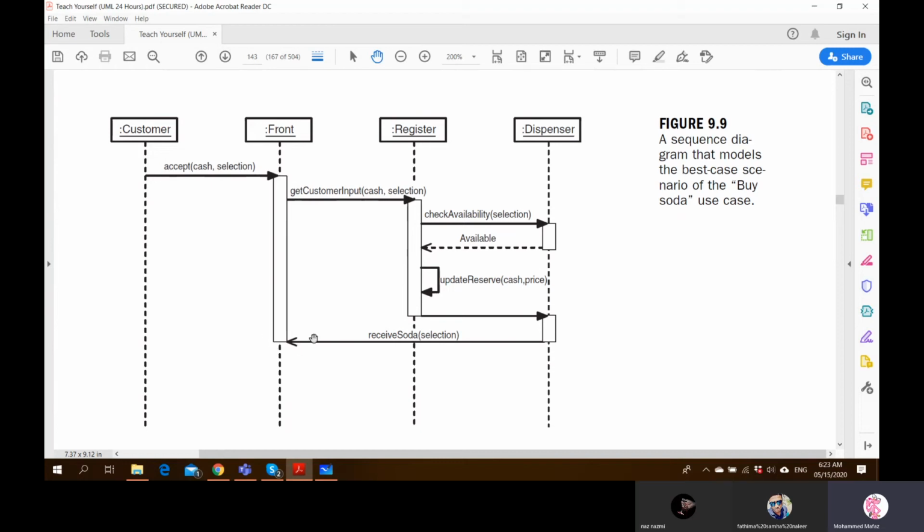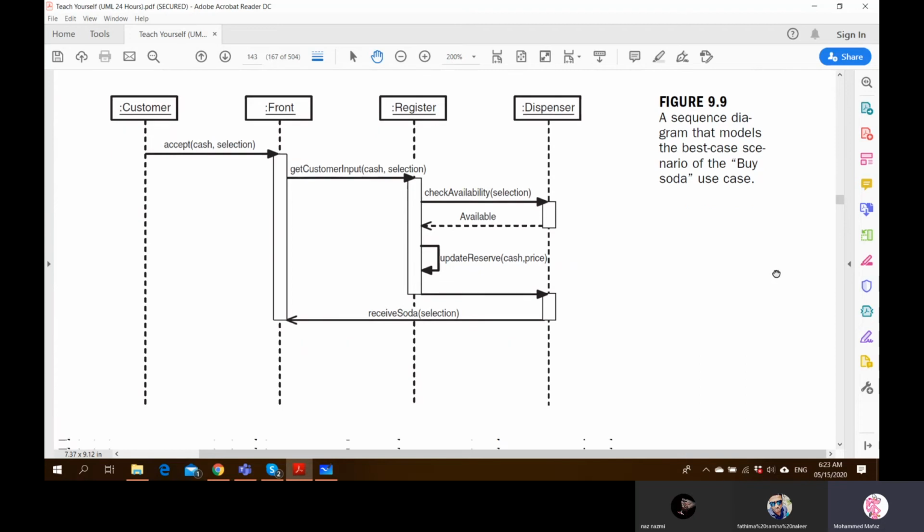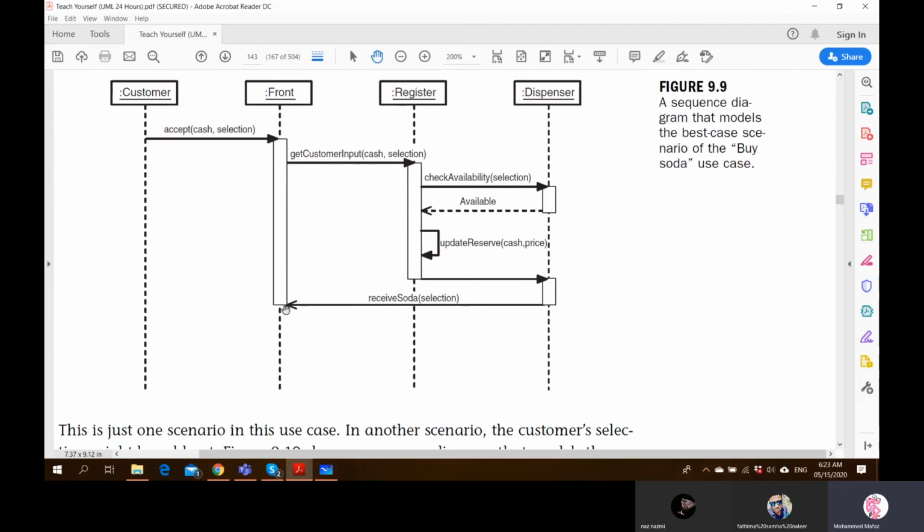So here I told you return messages are optional. You can show them, you cannot show them. In this case, we can take it. So we cannot show it as part of the system functionality like take or receive soda, something like that for the customer. Basically, this indicates at this point the sequence, the success scenario is completed.